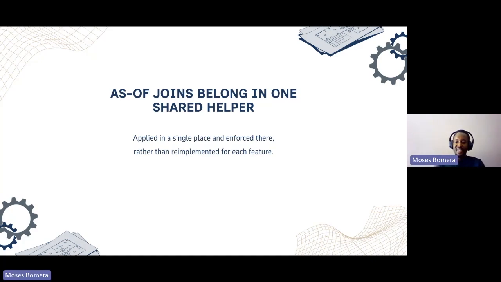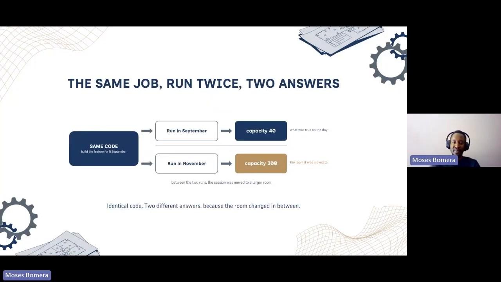So the concept of time is critical to the Lakehouse. It's very important to build, I'd call it a helper, one thing that determines how the as of in that system works, so that the different people or different systems using this data do not all define it by themselves. This is really a best practice approach for ensuring that when I query for data and I want to see what it was in September, I do not get the results of what it was in November.